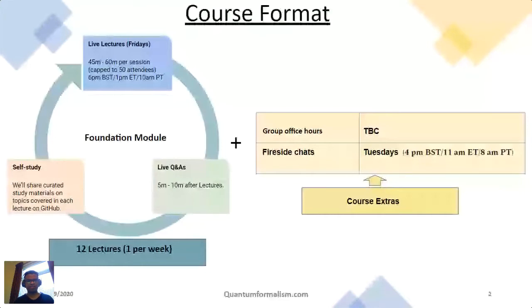So it splits into two parts, the lecture part and the course extras part. The lecture part will have lectures on Fridays, lasting from 45 minutes to 60 minutes per session at 6 p.m. British Summer Time, followed by live Q&As, 5 to 10 minutes.